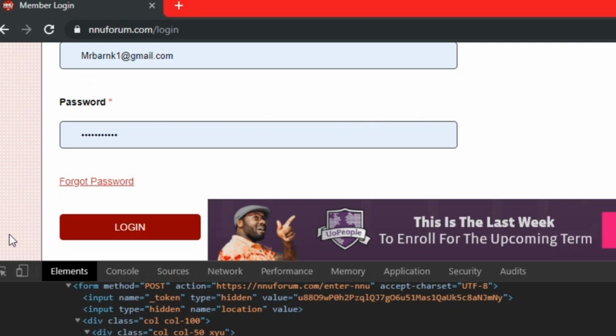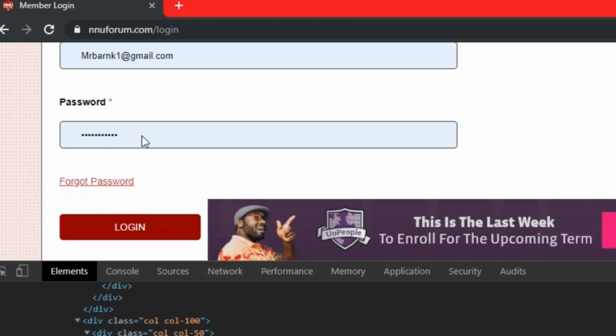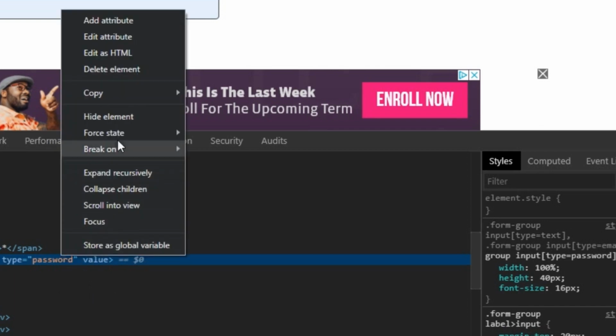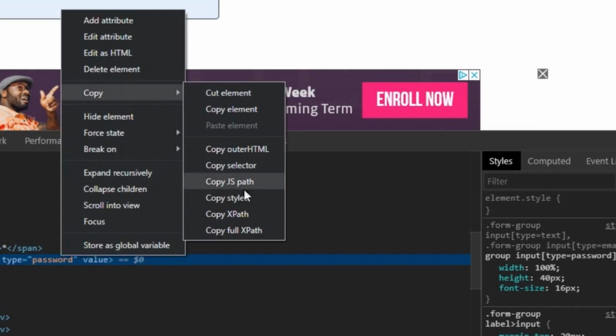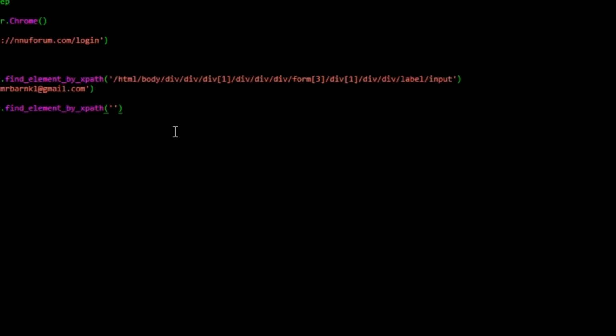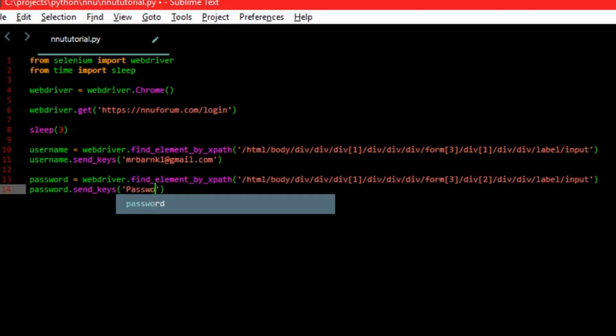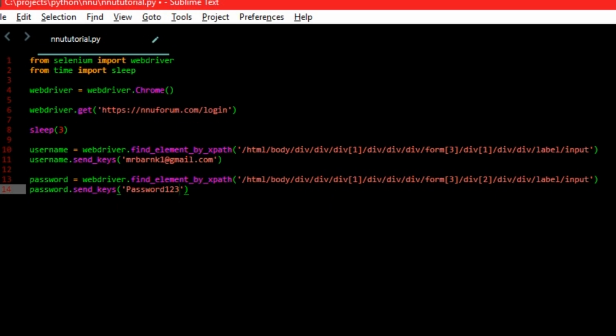Then find also the elements, and then copy also the full XPath, and then put it there, and then again say password dot send keys. Send is the password. Actually, I covered my password, which is, I wrote password 123, and that is not my